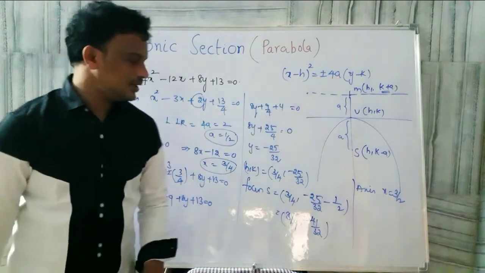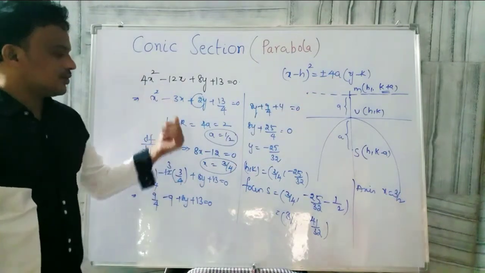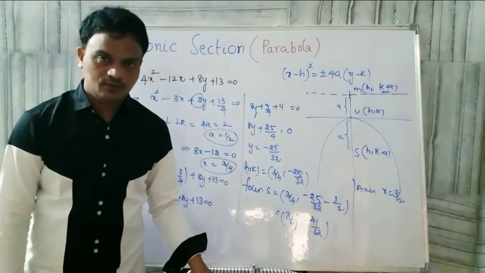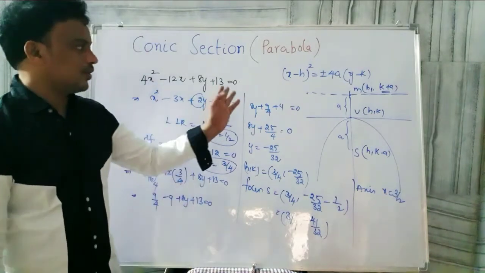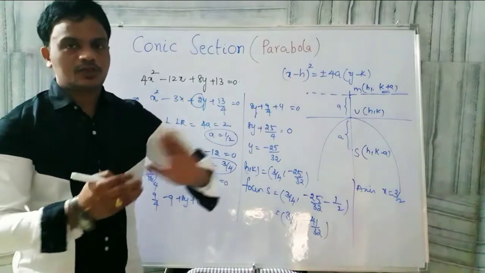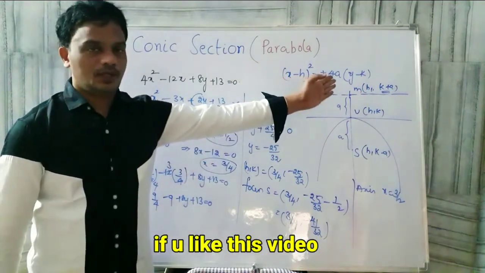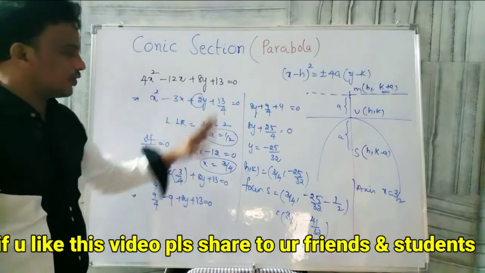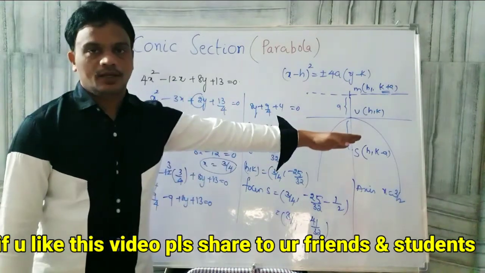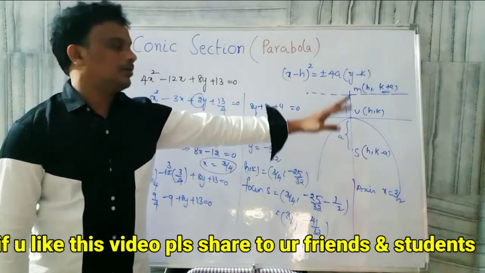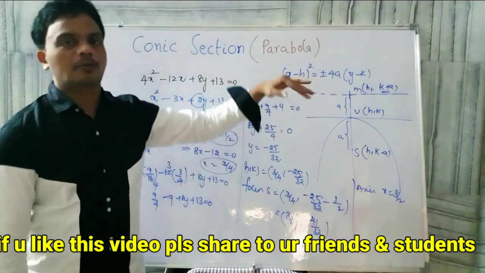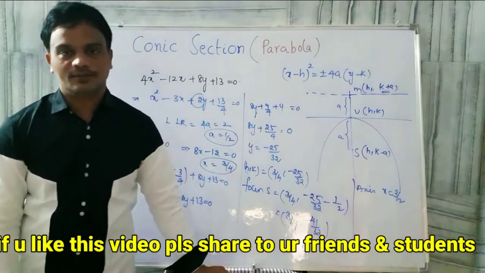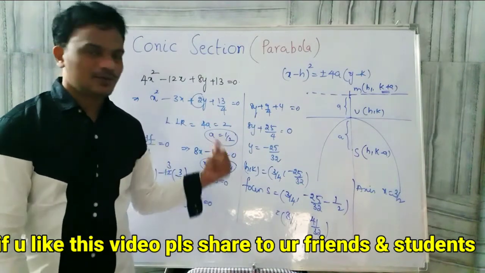Students, make a note. This is one of the shortcuts when the equation is not given in the standard form, so we transform it into that form without using the translation rule. We get the length of the latus rectum and the vertex. After getting the vertex, we can get the rest. What is the shape of the parabola? It may open to the right, left, upward or downward. After getting these values, we can get everything.